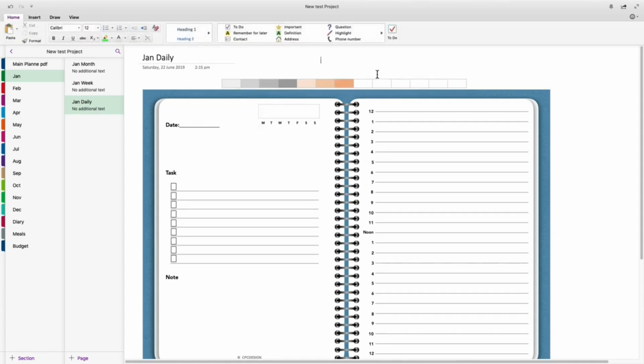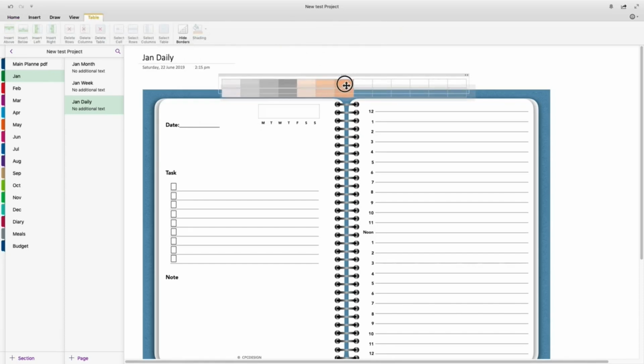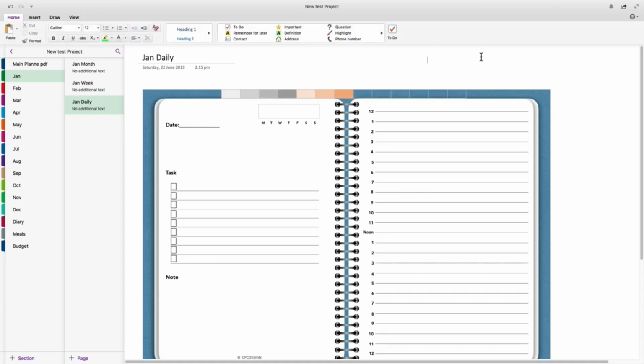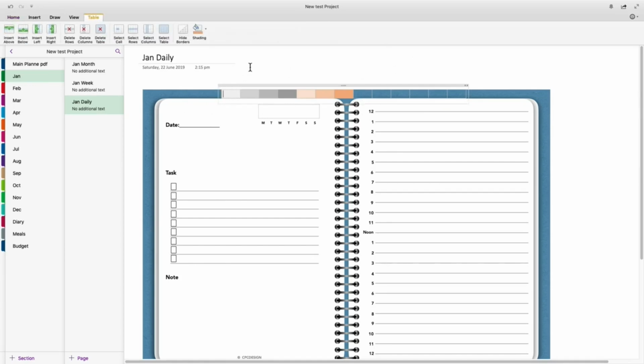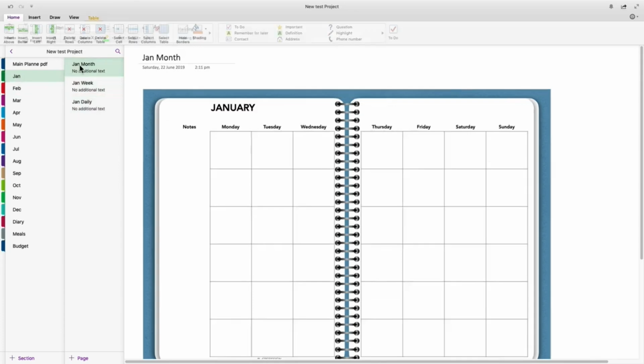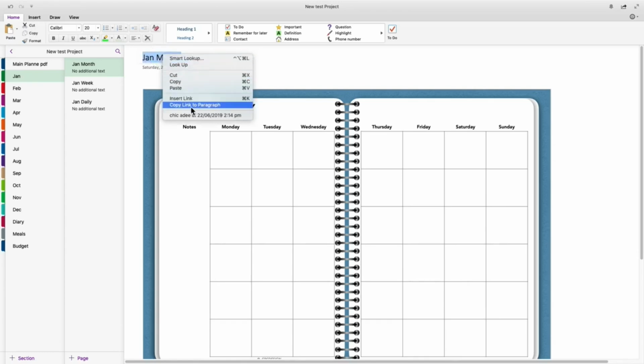Now you could set them on top like tabs if you like. Entirely up to you what you want to do. But what I'll show you is how to link them. So say for instance this first one would obviously be the months I would be putting up here, so this would be January. So what I would be doing is going to the January month, I would select all of that, and I would copy link to paragraph, copy link to paragraph, then I would go back